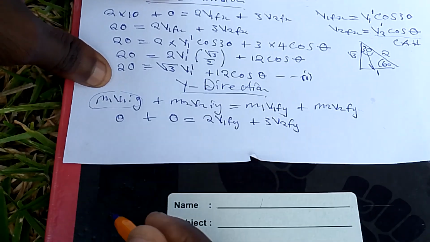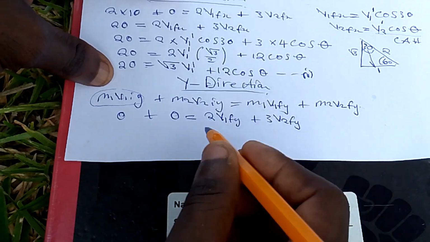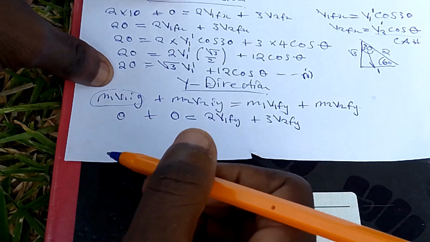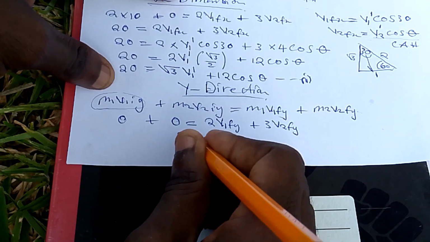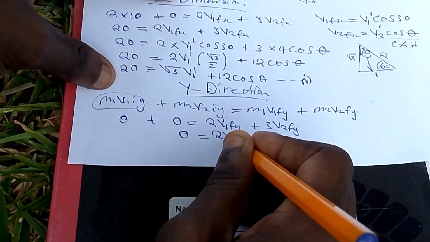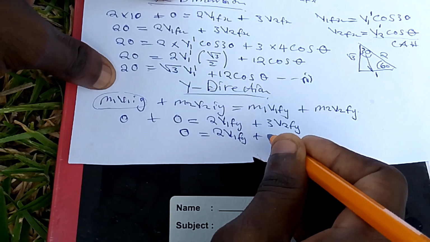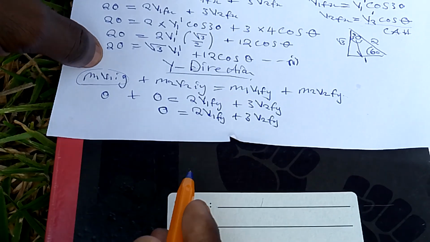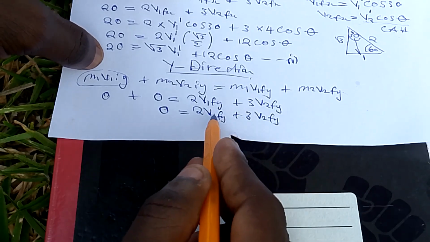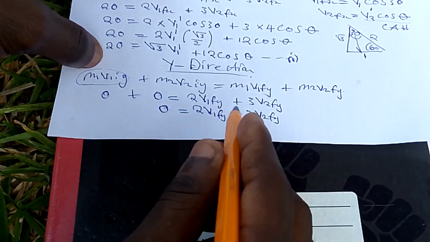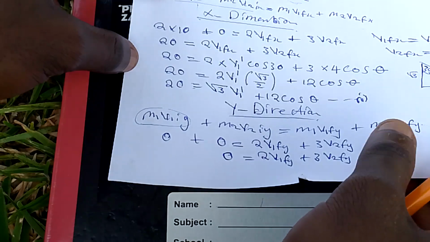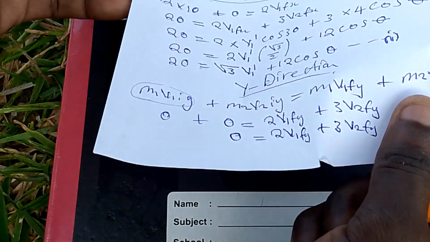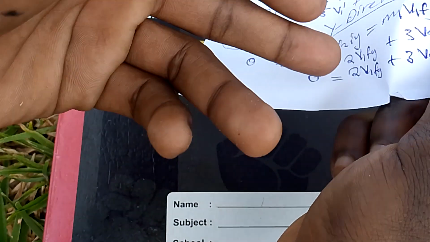So this is what we have. So we can just simplify it. We are going to have 0 plus 0, that is 0, equals 2 v1 final y plus 3 v2 final y. Now after we do this, we can just take this to the other side. So we're just going to write it here because I've run out of space. So we have 2 v1 final